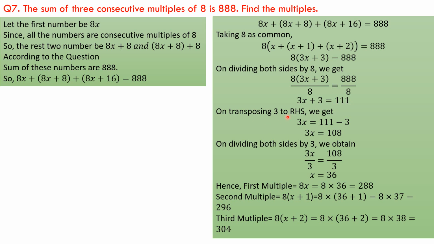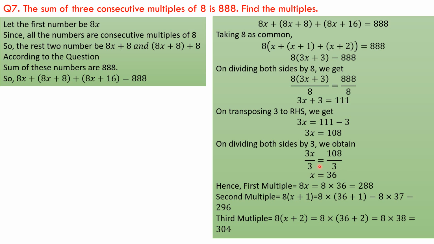Again, 3 को हम right hand side ले जाएंगे तो हमें मिलेगा 3x equals to 111 minus 3, which is equals to 3x equals 108. Here the coefficient of x is 3. So on dividing both sides by 3, we obtain 3x by 3 equals 108 by 3, which is equals to